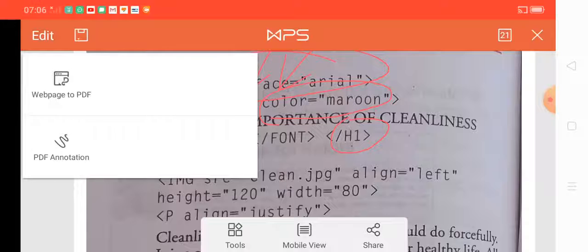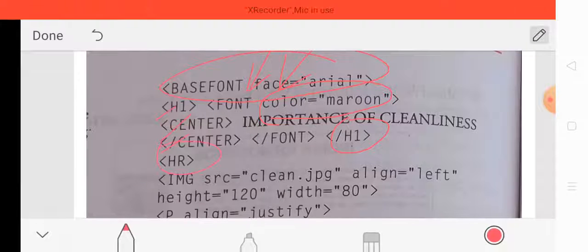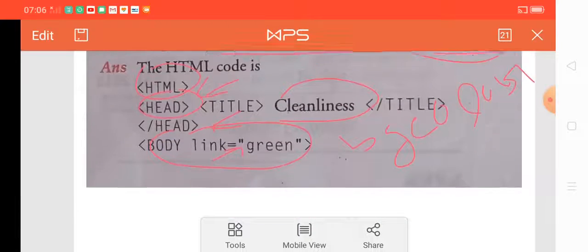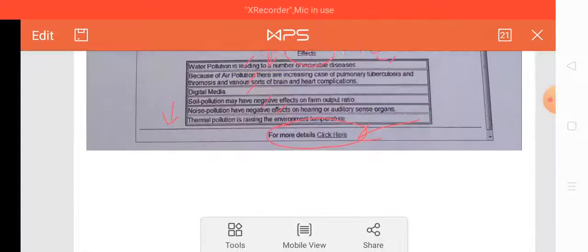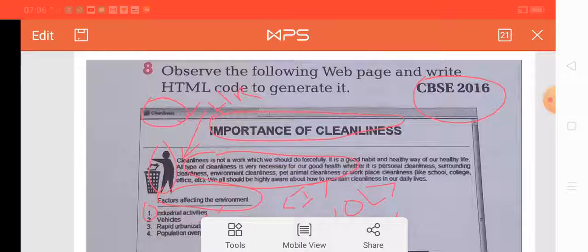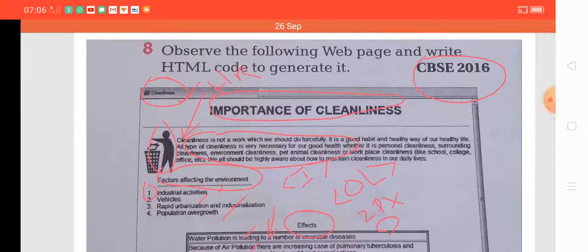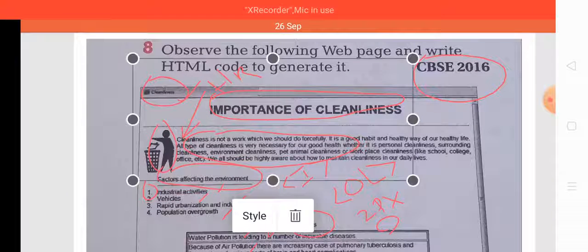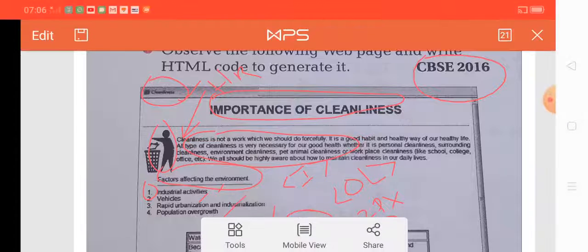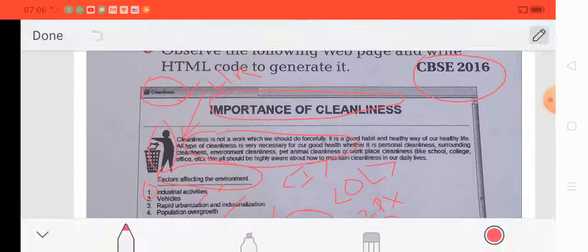Till now we have implemented only that part of the web page: title, heading and HR tag.